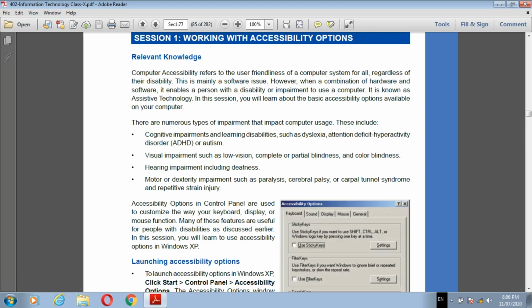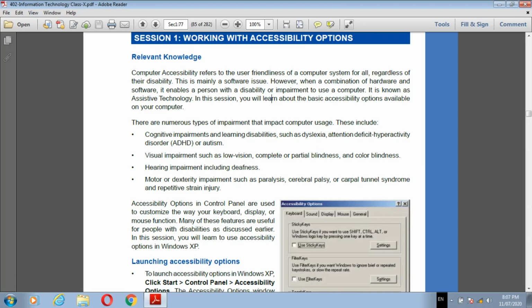So all these disabilities, if any person has them, such persons require assistive technology. What do they require? They require assistive technology. So in this session we are going to learn this assistive technology. What is assistive technology? It is the technology which is designed for a person with disabilities.